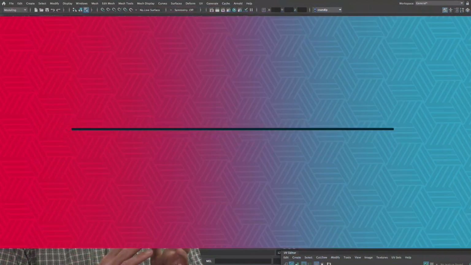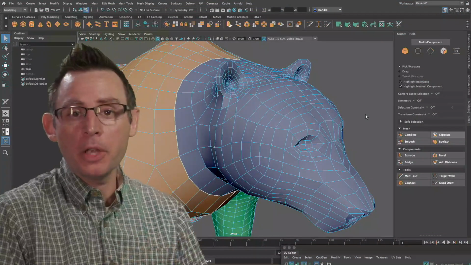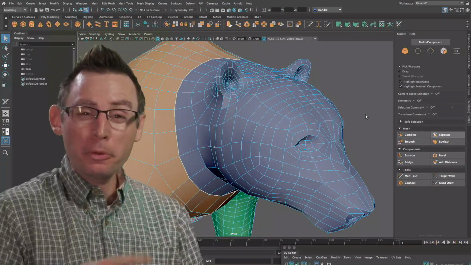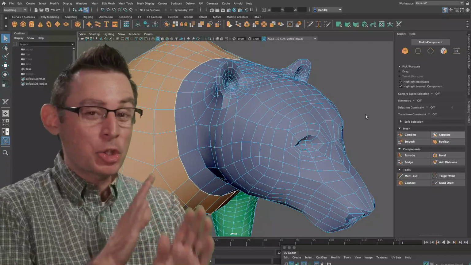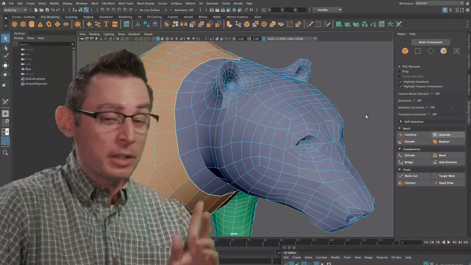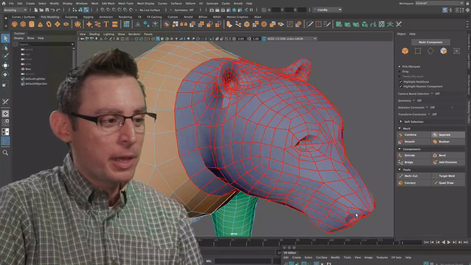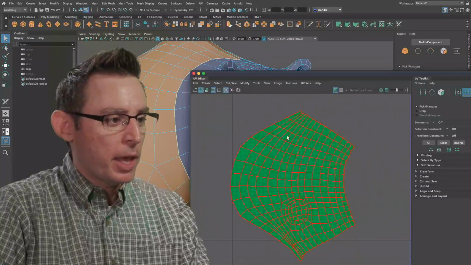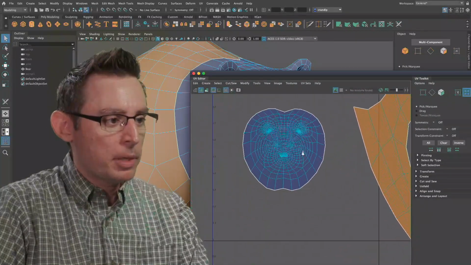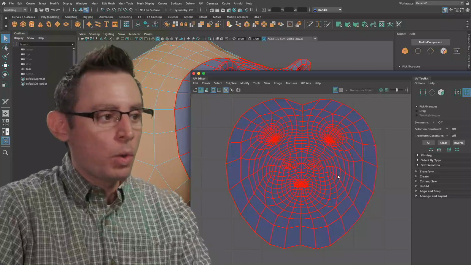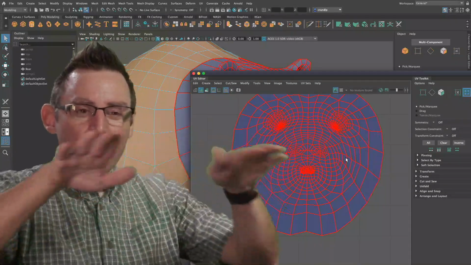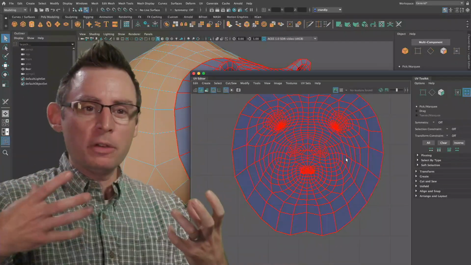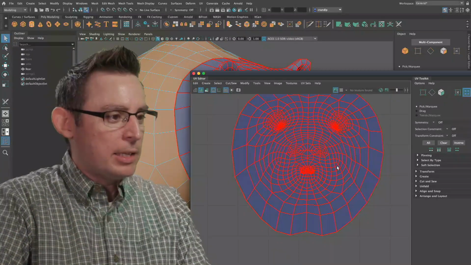I'm really enjoying the process of creating a whole series of UV islands for my bear model here, but I've run into some pretty big challenges in certain areas of my UVs, and specifically on the head itself. If you look at the UVs that I've crafted for the head, let's just find them in our UV map. Here we go. There it is. It's all one gigantic UV island. It's been ironed flat. All of that three-dimensional information has been ironed flat into this shape here.